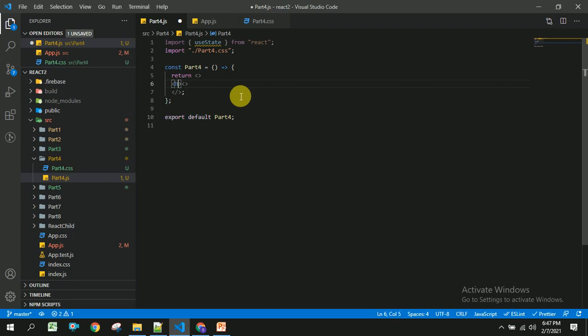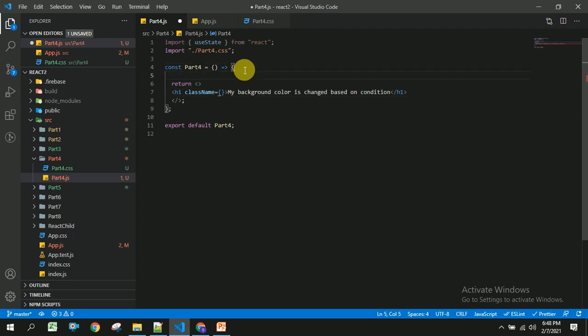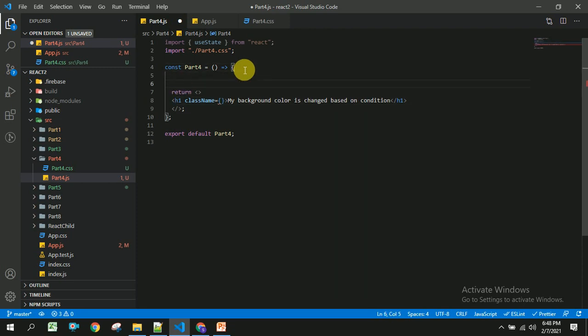I am taking one h1 tag. In this I am going to write some custom text based on condition. Now here I am going to use className equal to some static class, but here we are going to implement it dynamically.